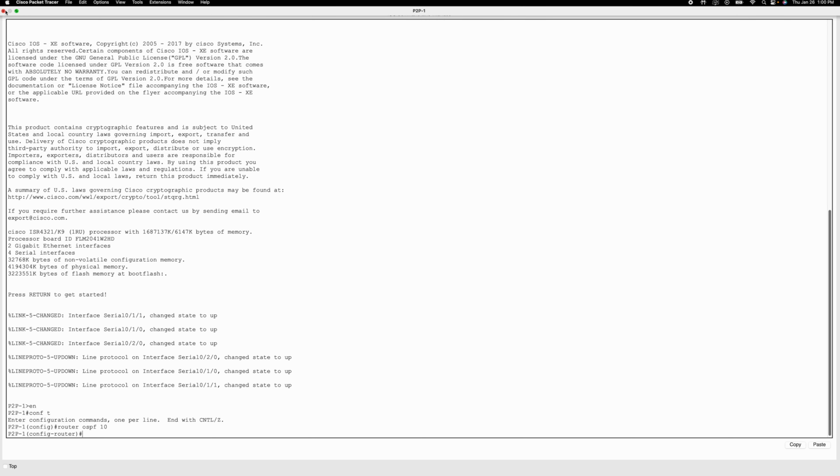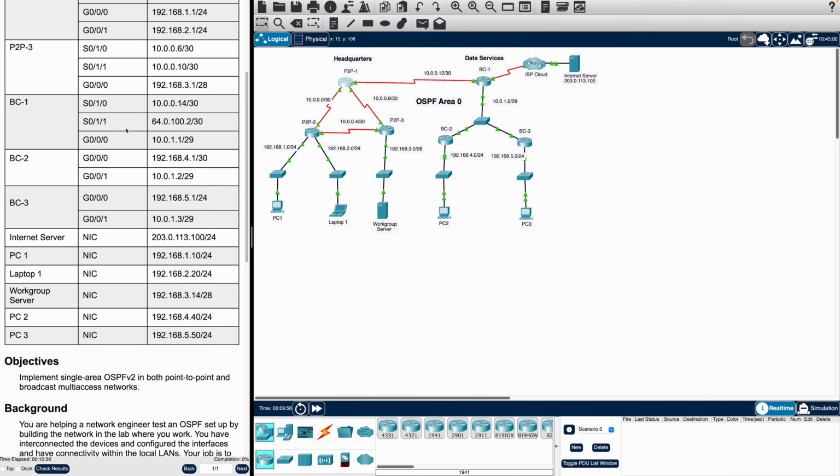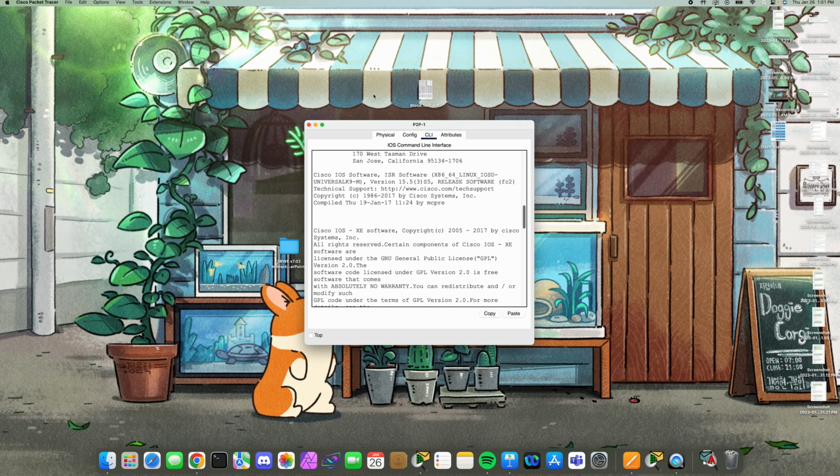If we look at the table that was given to us, we are operating in these 10.0.0.something networks, all /30. So we know when we're configuring these network statements, we're looking at the inverse of the subnets right here. So the inverse of 255.255.255.252, which is a /30, you're going to get 0.0.0.3. So that's going to be what we're configuring right here. So if we go into P2, P1,